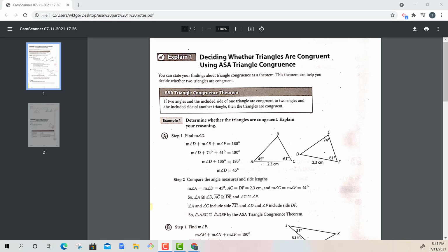So in the last section, we talked about two triangles only being congruent if all three angles in each triangle are exactly the same and all three pairs of sides are exactly the same as well. From this point forward, we can use these triangle congruence theorems that are basically shortcuts to determine whether two triangles